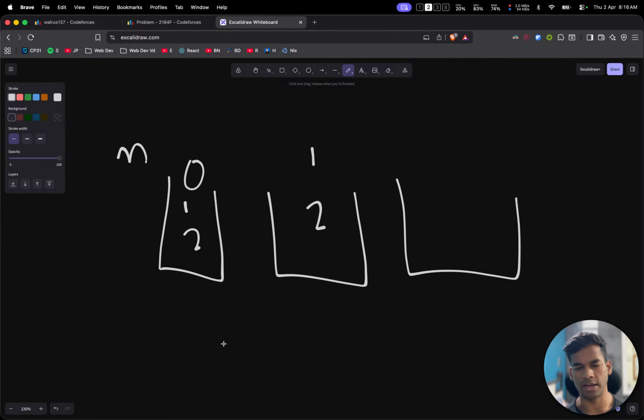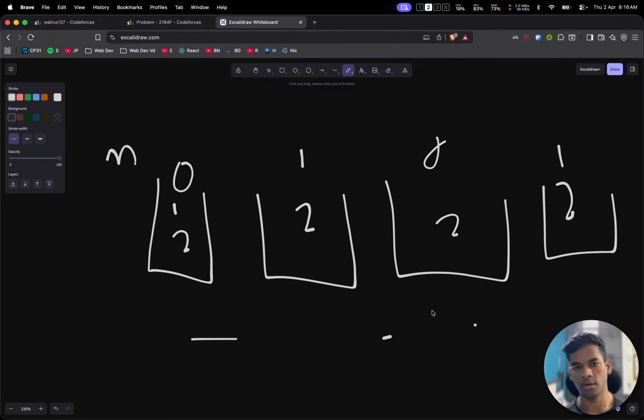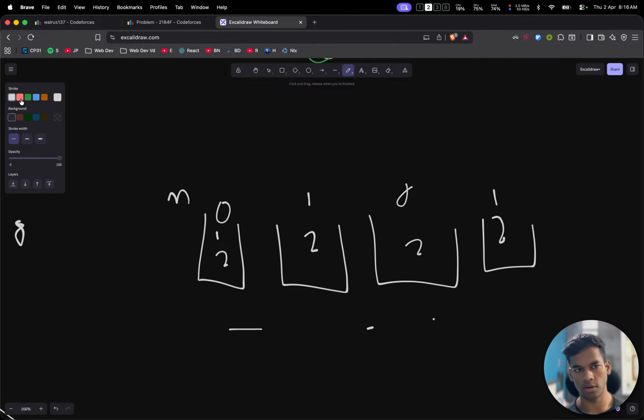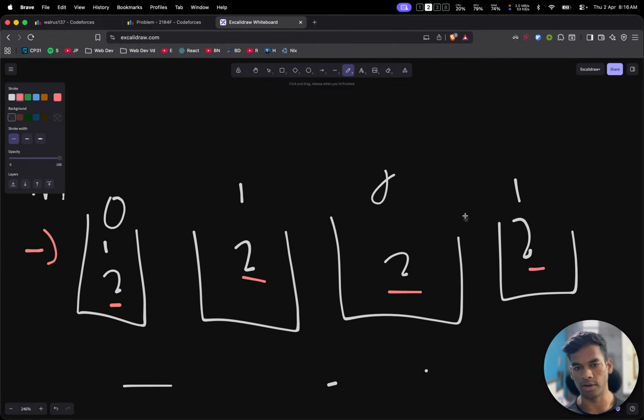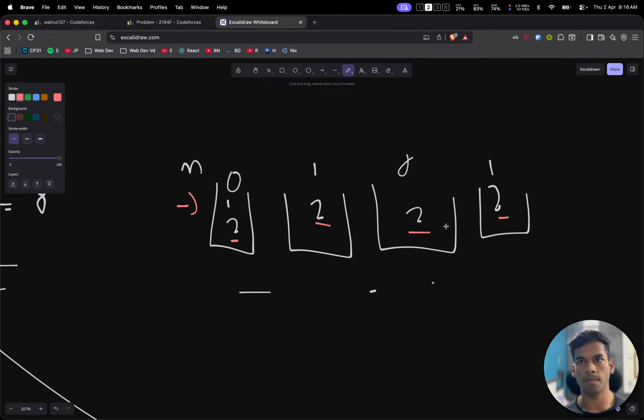All of these n numbers in total, and our goal is to choose for each of these values one of their possible values, such that